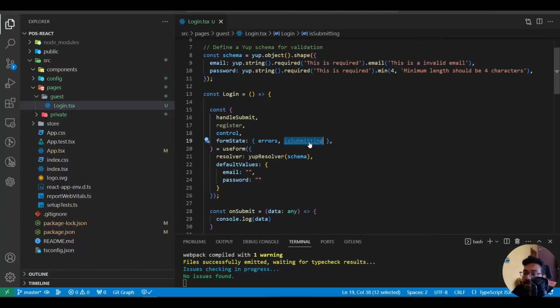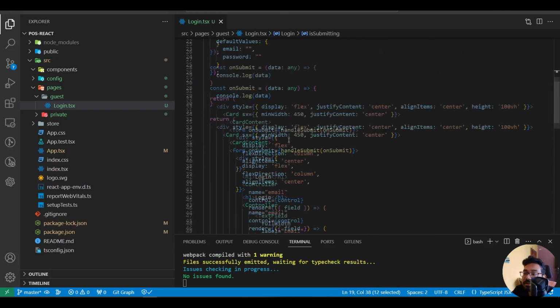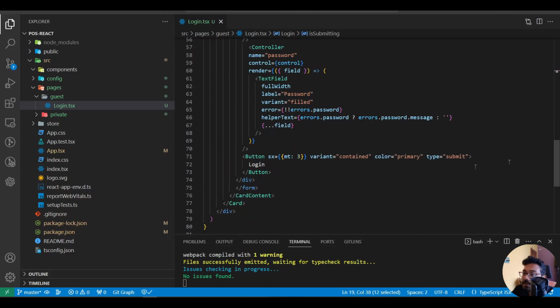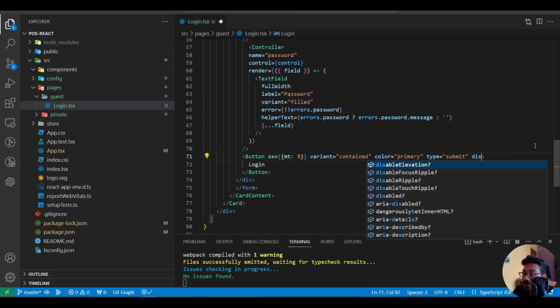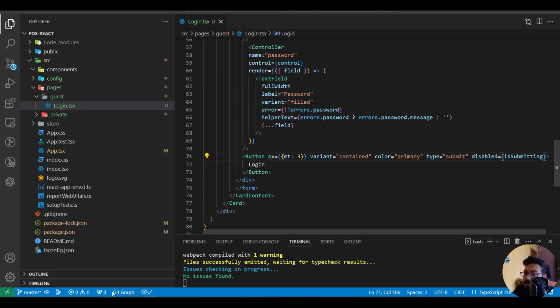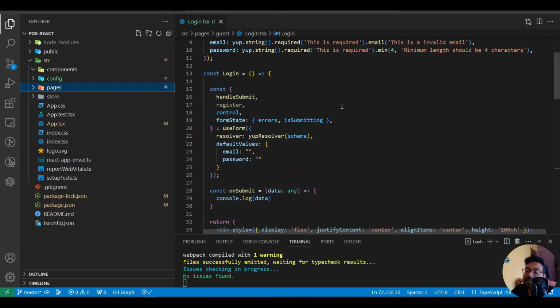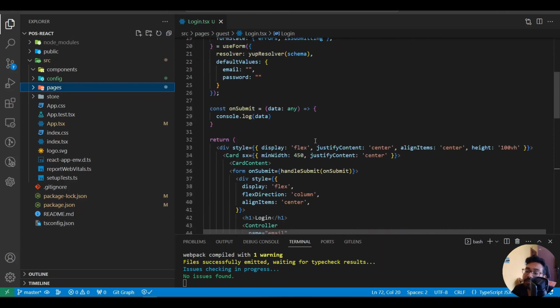Okay. We can also use isSubmitting, which is a boolean. So during submission of the form, we cannot click this submit button, so we can also disable that. So let's check that. So disabled will be our isSubmitting state. Okay. So let's create our MobX store, and in there we will be defining our login function and calling the